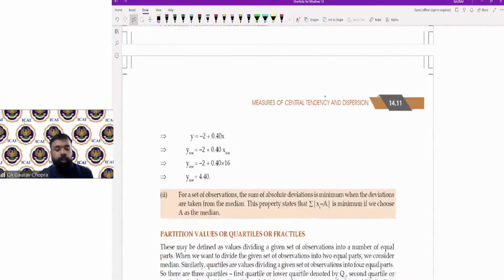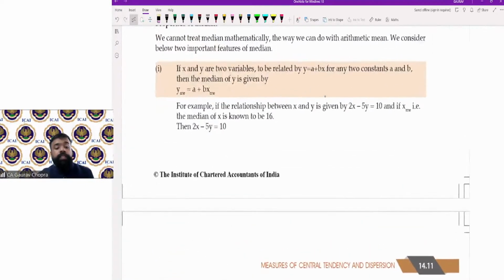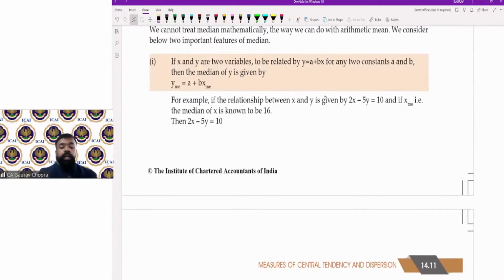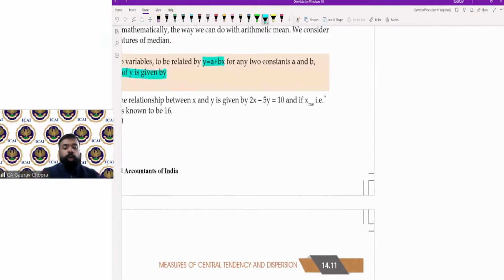Then the property number 1: if x and y are two variables related by y equals a plus bx, where a and b are constants, then the median of y can be computed. Now, what this property is saying,